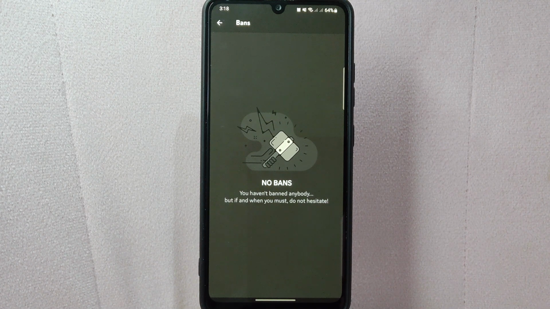There you go. If you wanted to know how to unban someone on the Discord server, that is the easiest